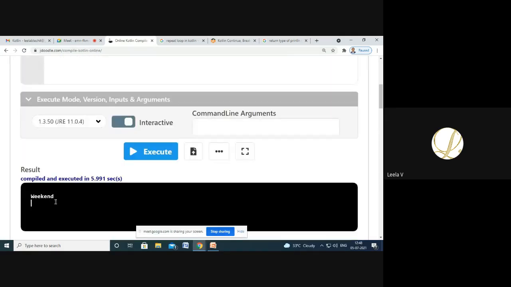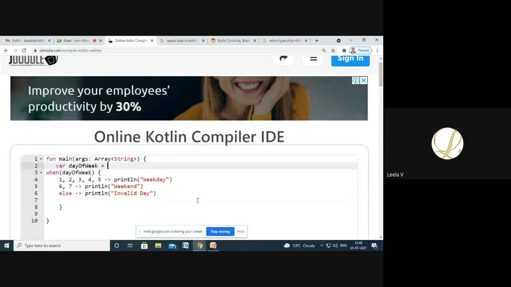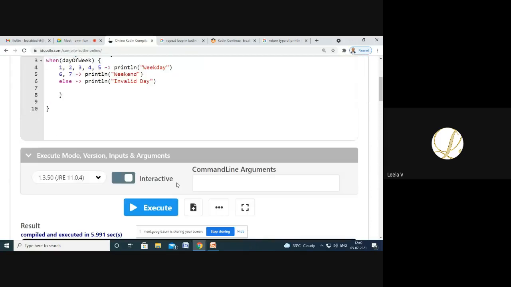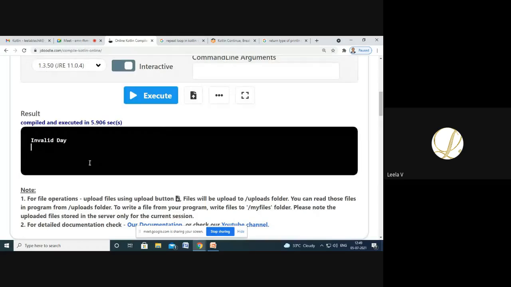So it prints weekend as the output. If I change this variable value, it prints invalid day.